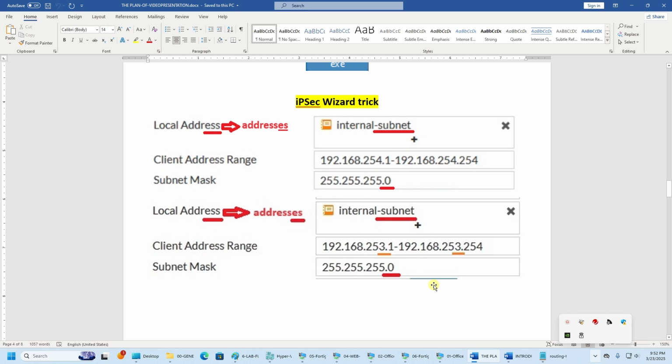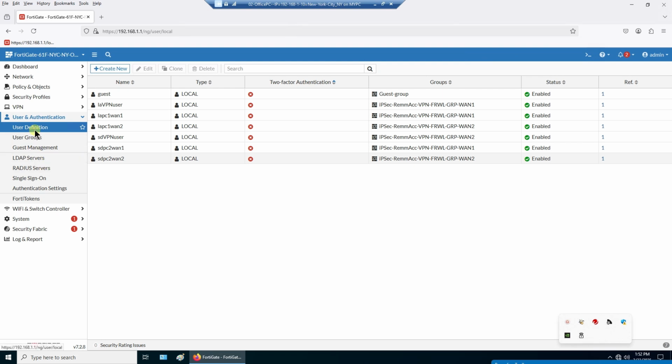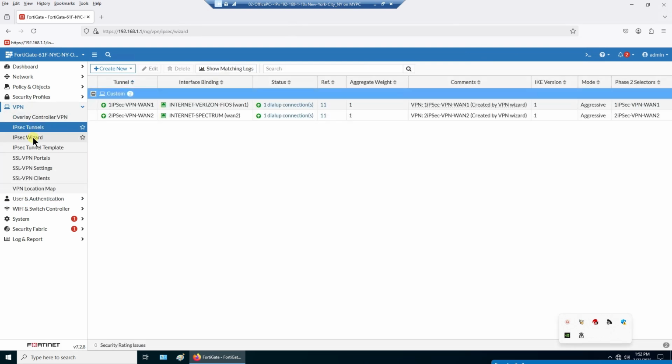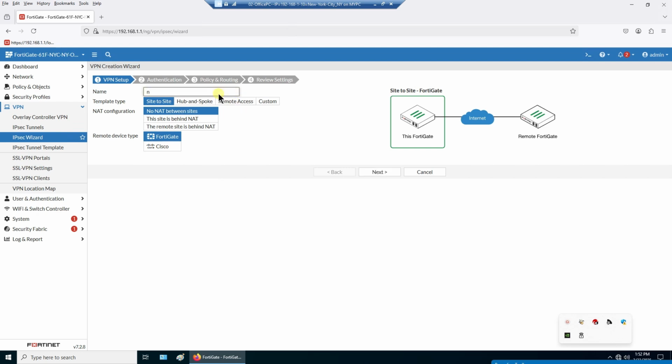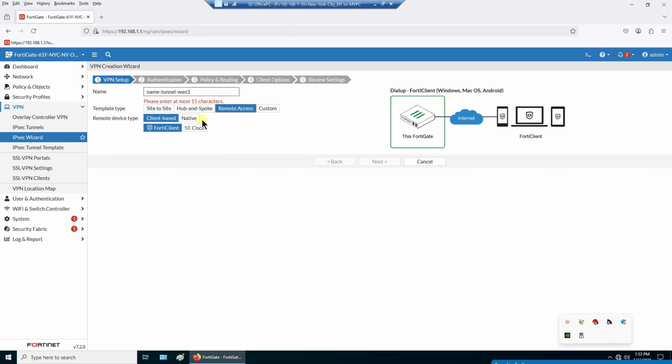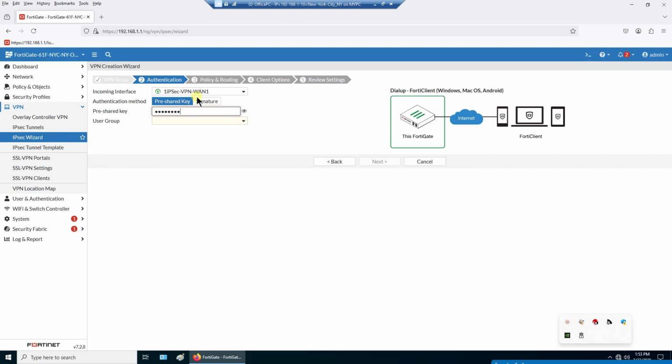Some IPsec wizard trick. When you start to create IPsec tunnels, we create something like this: remote access, client base, FortiClient. Then click next, incoming interface, for example 1, user group, like this,